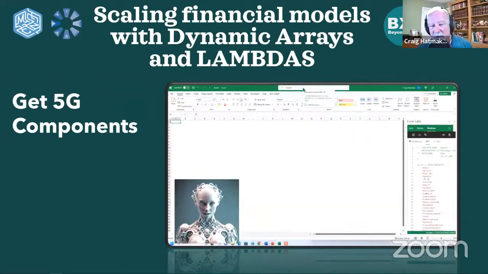Okay, I probably should have explained this a little bit better before I got into here. I'm sorry, I probably assumed too much. But first of all, what is CBSE? It's a very technical term, component-based software engineering. It's been around since the 90s. You don't need to know that. You just need to know that we chose to use the search term CBSE LAMBDAs because that is a fairly unique search term that will allow you to find components, 5G components, that you can then bring into your Excel model, and we will see how adding these components will enable you to do some amazing things in your modeling very, very easily.